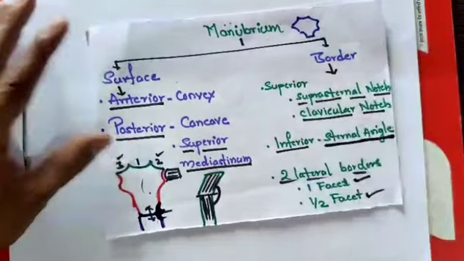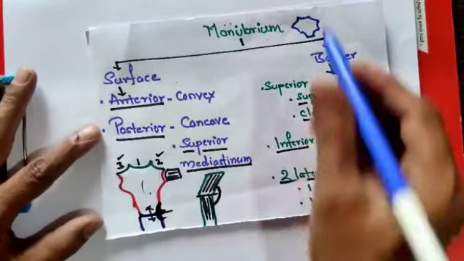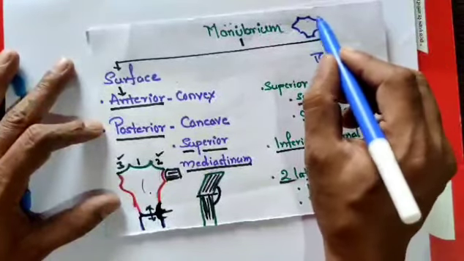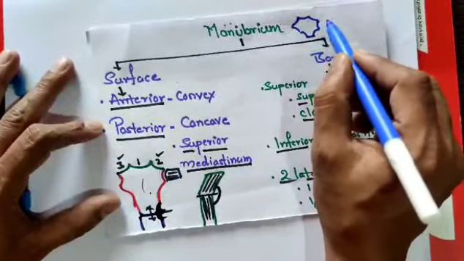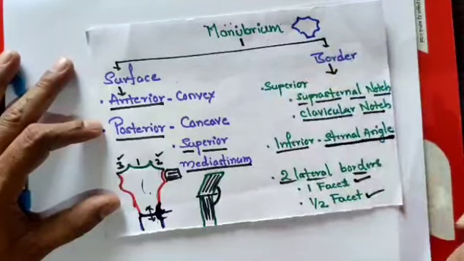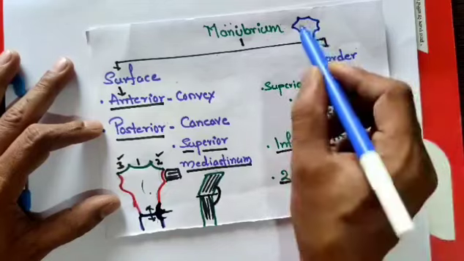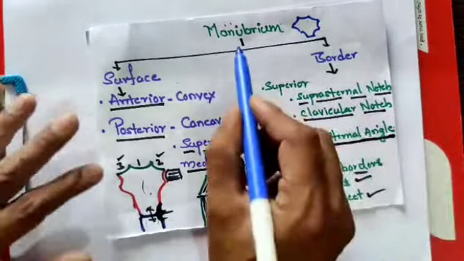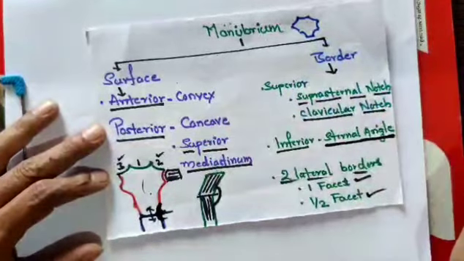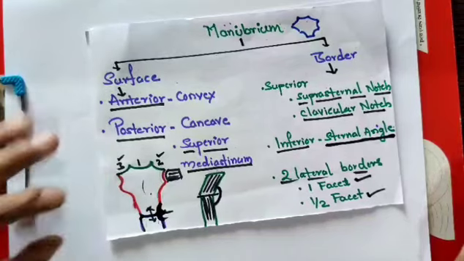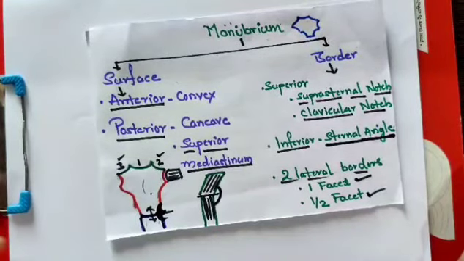It is quadrangular in shape. So why is it quadrangular in shape? Because the lateral border of this part articulates with the clavicle and also the costal cartilage. For the articulation, it presents notches. Because of that, it looks quadrangular in shape. So manubrium sterni is quadrangular in shape and is the uppermost part of the sternum, and it is also a thick and broad